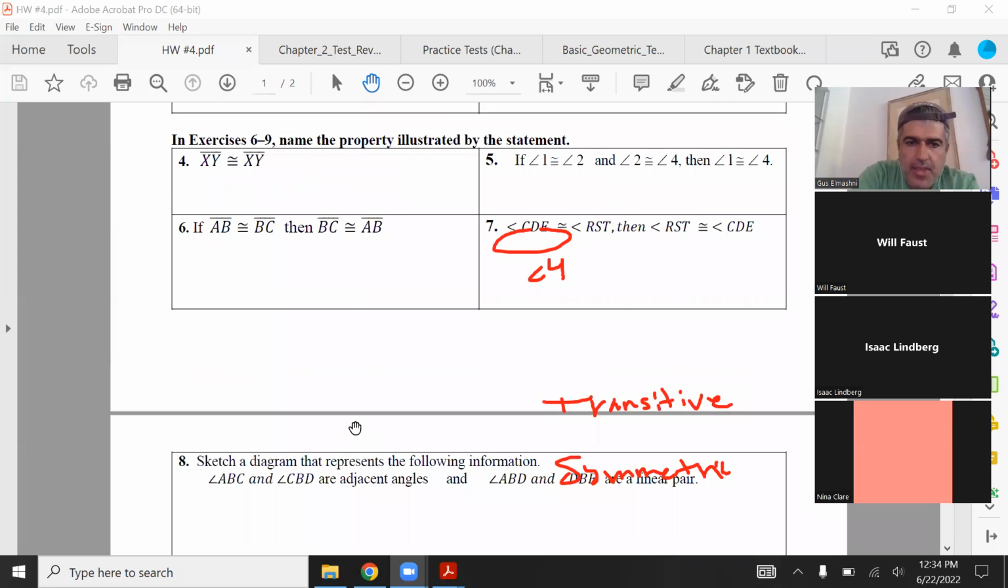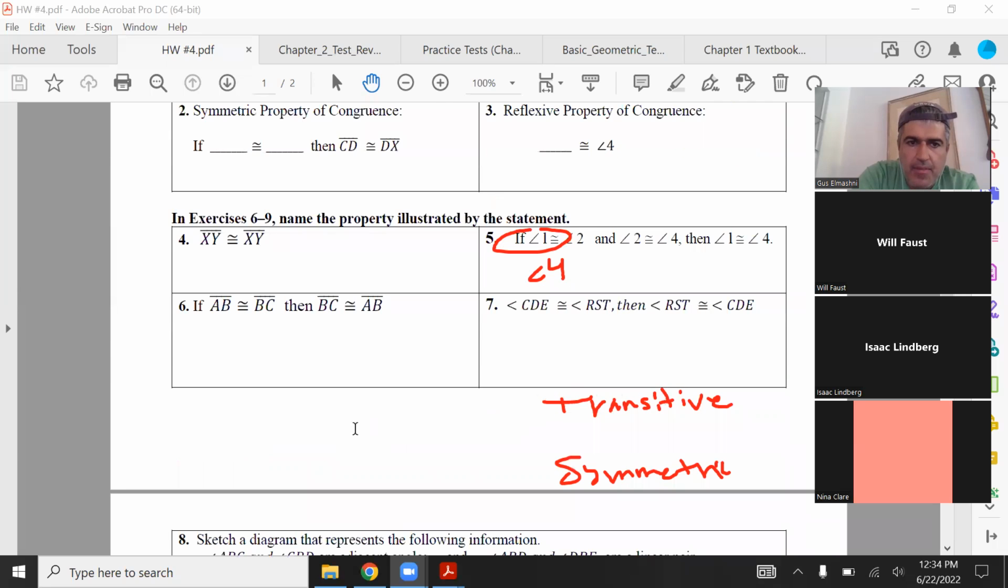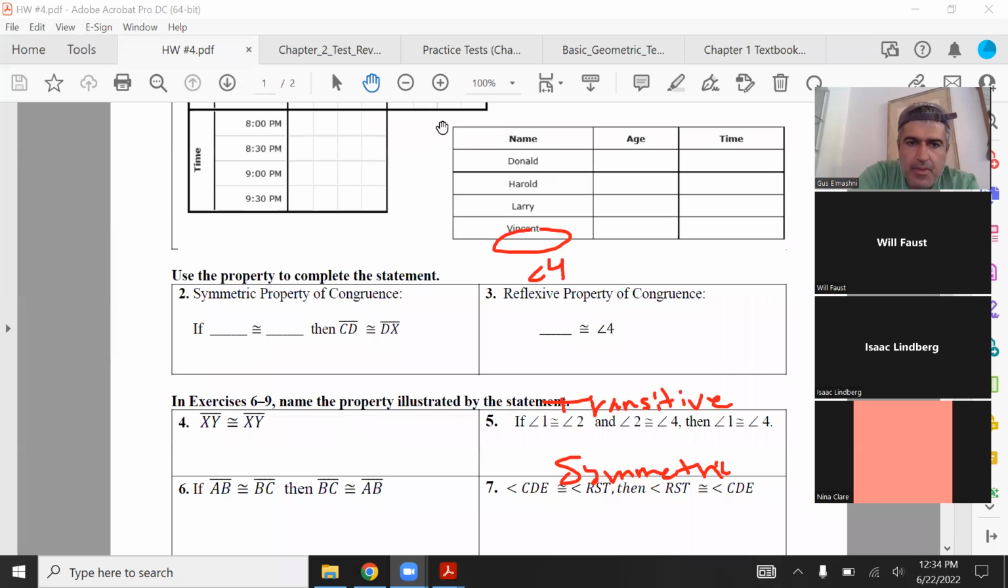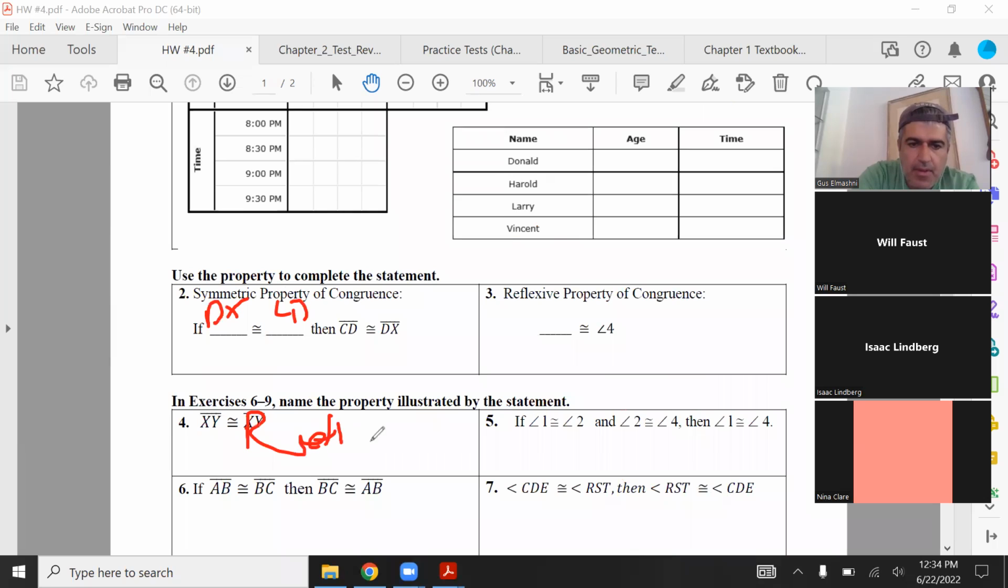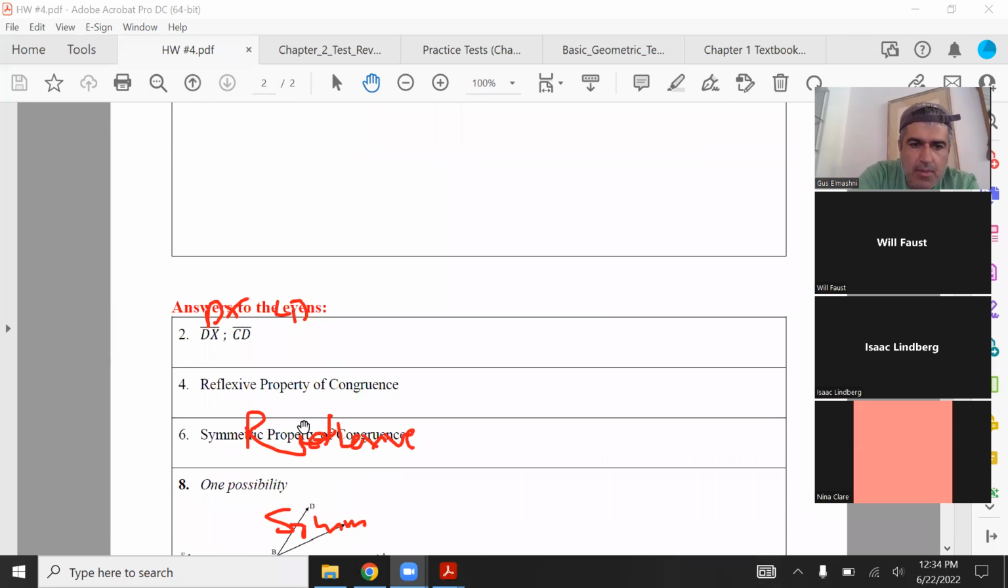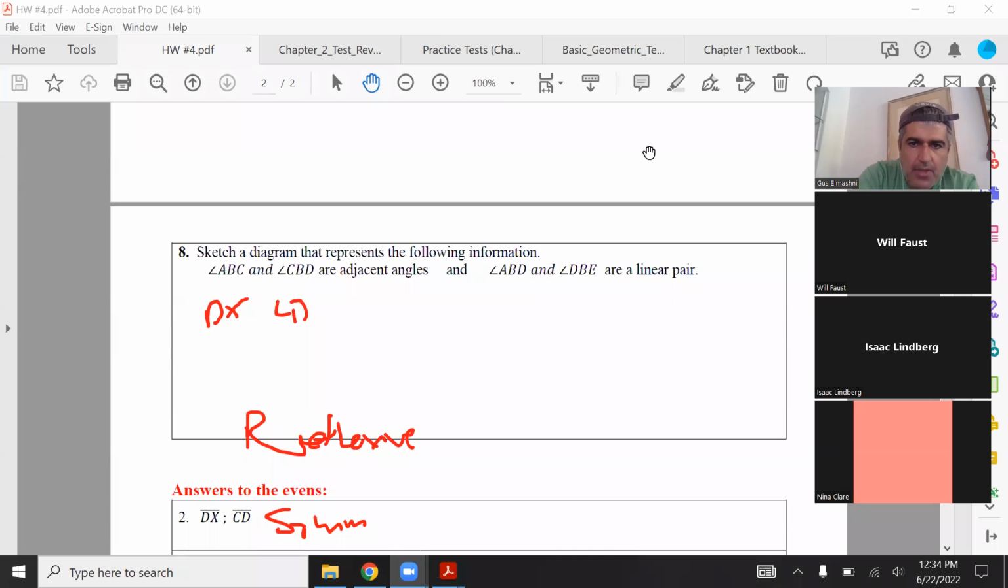2, 4, 6, 8, the answers are there. Obviously, if you're doing symmetric, you're just reversing them, right? That's reflexive right here. That's symmetric again. So DX equals CD, reflexive, symmetric. And then a possibility here,